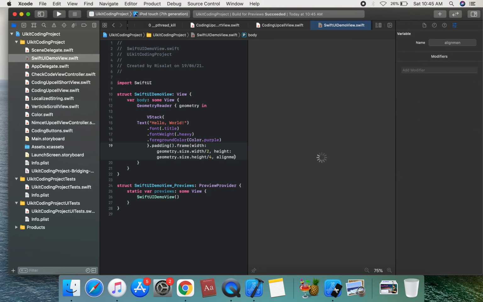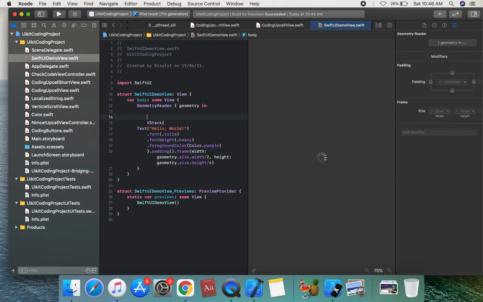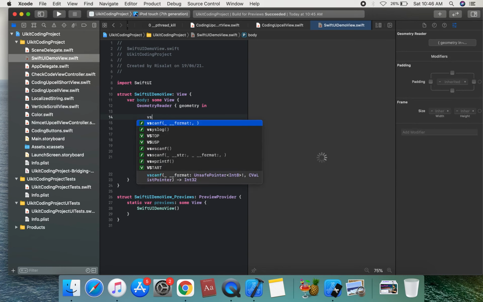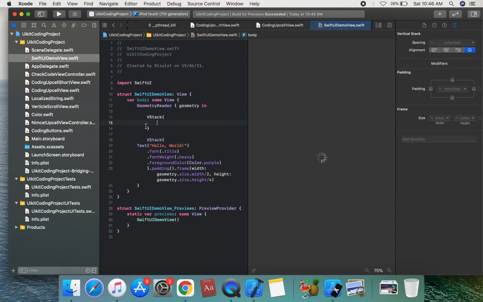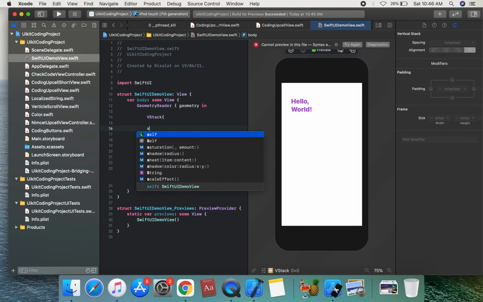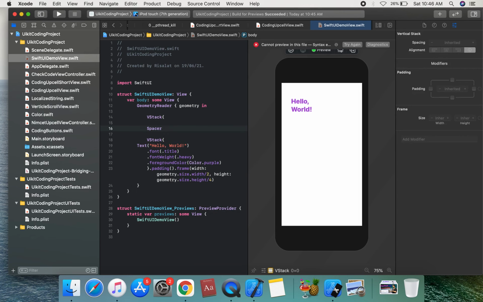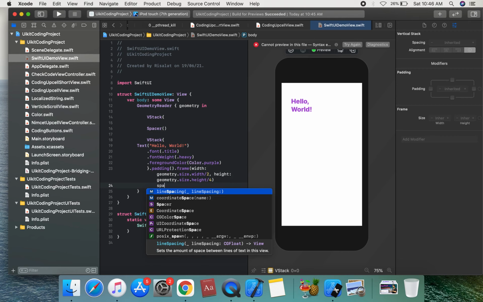Remove this alignment on the frame, and we can set the VStack to center. We're going to create the VStack and use a Spacer.